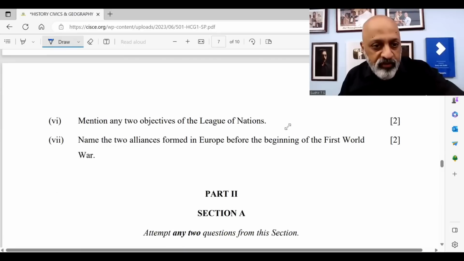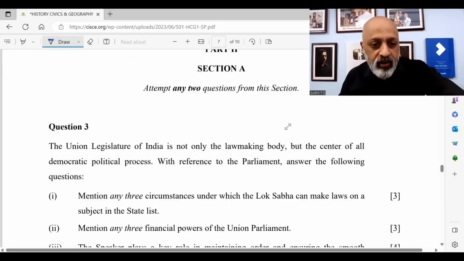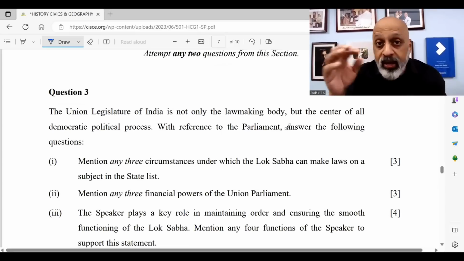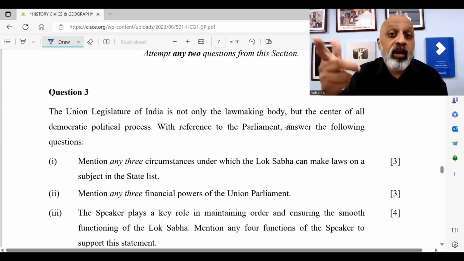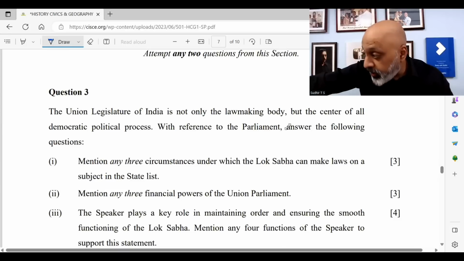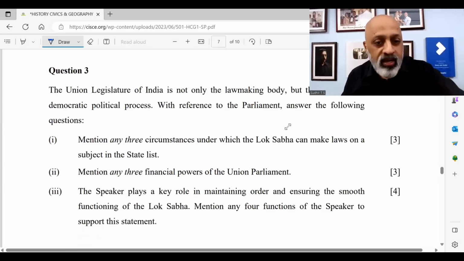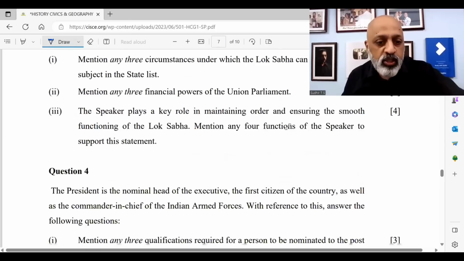The other questions are straightforward. No googly in that. Now a googly will come, and not an ordinary googly. It will be a Muttiah Muralitharan kind of googly or a Shane Warne kind of googly, where the ball pitches here and the wicket goes off stump. Keep in mind, all this is easy. Subjective part, it's pretty easy.